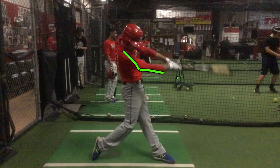But you've been taught to do that, right? Yeah. You should be turning to extension. I did that with the Chiefs because they fixed my swing because when I was with them,